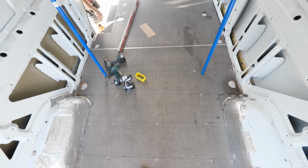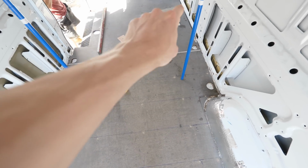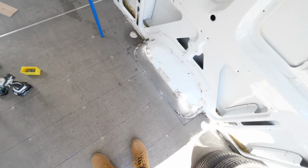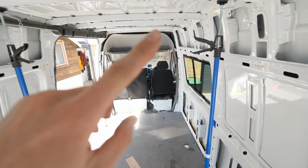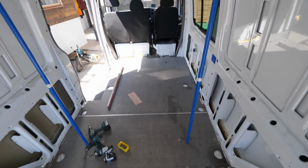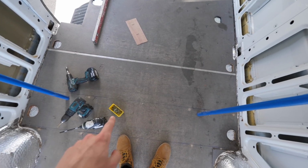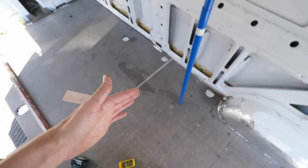So interestingly, when we put the floor back in, it was actually bowed, like bananaed a little bit, cupped, sorry. And we used some tyres we have just to weigh down the sides, and also these drywall ceiling jacks to pin down the sides as well. And now we've screwed all of this side. We measured back from the front all of the joist locations and drew lines so we'd know where to drill